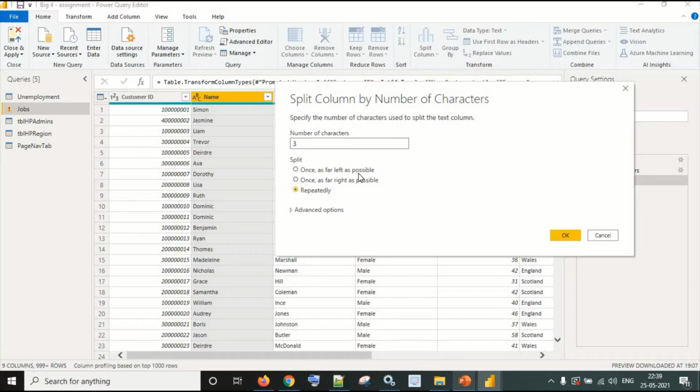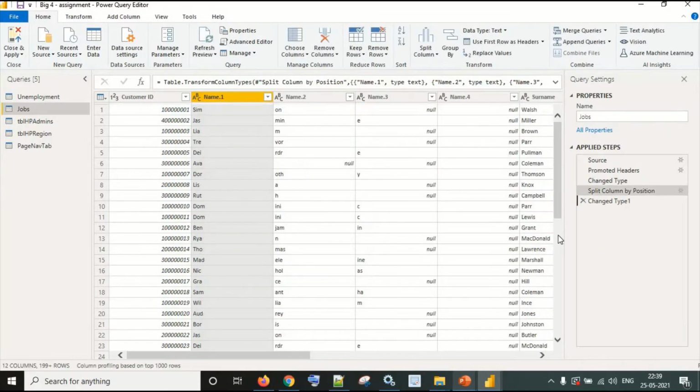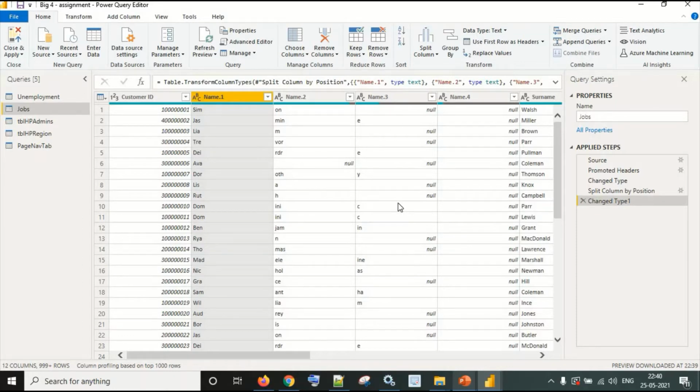All right, I'm not going to work on these 3 options, and neither am I going to go for these advanced options. Let's check what it gives. It has split it according to 3 characters, like the first 3 characters here, then the next characters here, and then the next like this. So accordingly it has split it. This may be used in different business scenarios, and accordingly we can work on it.